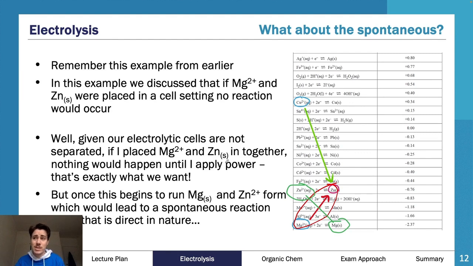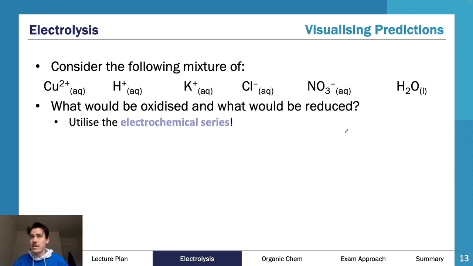Realistically, I'm going to have to get rid of the zinc 2 plus. Somehow I'm going to have to get rid of the zinc 2 plus whenever I do it. Maybe I have a product in there that allows it to bind and remove the zinc 2 plus. Nonetheless, there are strategies to get around this, as you can see there. So let's now consider all of these products. So let's just say that we have a mixture of all of these things in our